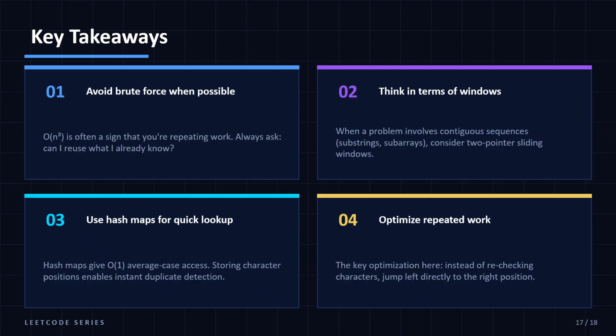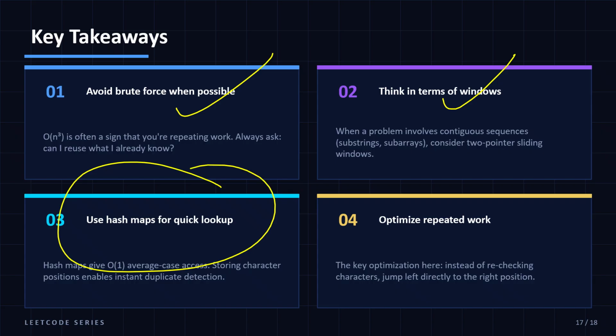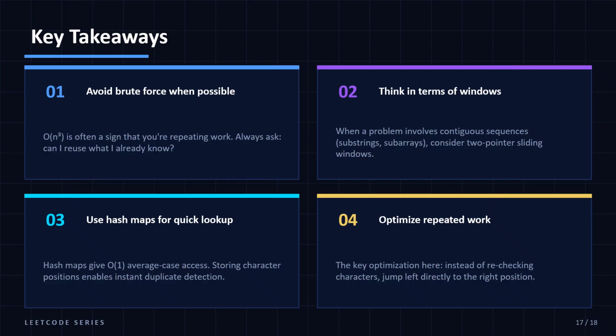Okay guys, what are our key takeaways? सबसे पहले हमें brute force जितना possible उतना avoid करना है, but it is very important to think in that direction. Second, we have to think in terms of windows, max length, min length, right, left, shrink कर पा रहे हैं, बढ़ा पा रहे हैं। एक ही बार ट्रैवर्स हो जाए तो बहुत अच्छा है। हैश मैप्स को यूज़ करने की आदत होनी चाहिए क्योंकि ट्रैवर्सल बिकम्स वेरी ईज़ी। एकदम ऑर्डर ऑफ वन एवरेज केस एक्सेस आता है तो बहुत ईज़ी हो जाता है। ऑप्टिमाइज़ करना है हमारा रिपीटेड वर्क, बिकॉज़ उसी से हमारी कॉम्प्लेक्सिटी कम होगी और उसी से हमारा प्रोग्राम अच्छा माना जाएगा।